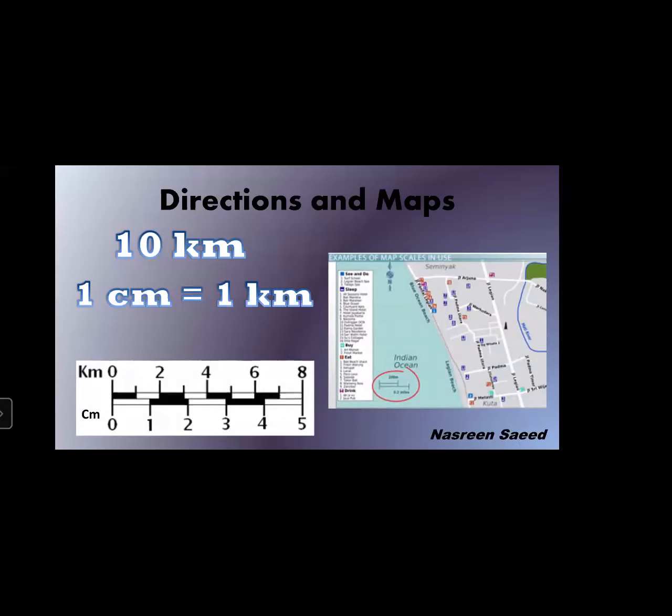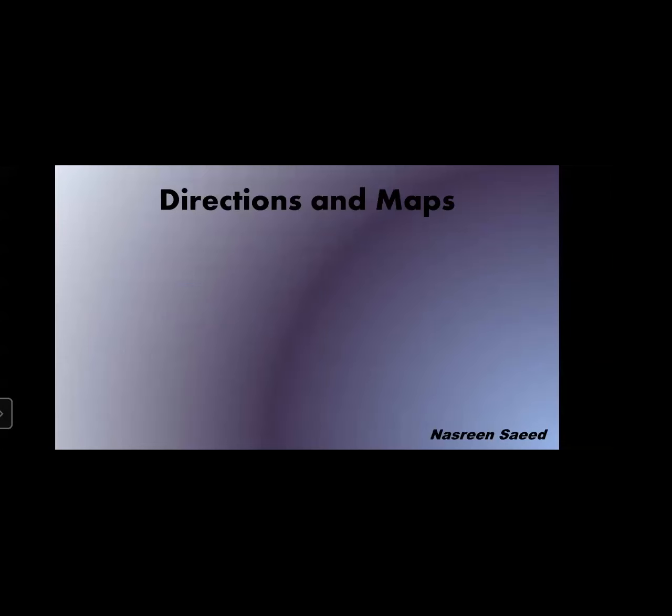So this way scale is given on a map, and whenever we are drawing a map, this way scale is given. Now here we have to find out the distance between Rasika and Reshma's house when we draw the map. It is 10 kilometer, and what we did, we converted that 1 kilometer into 1 centimeter. So 10 kilometer will become 10 centimeters. So instead of doing 10 kilometer on a paper, which is very big, we made it short. We made it into 10 centimeter, and that we can draw on the map on a small piece of paper. So this way we use the scale on a map.